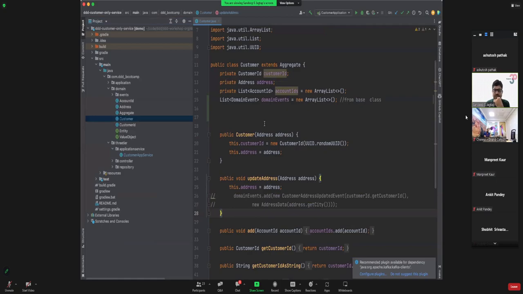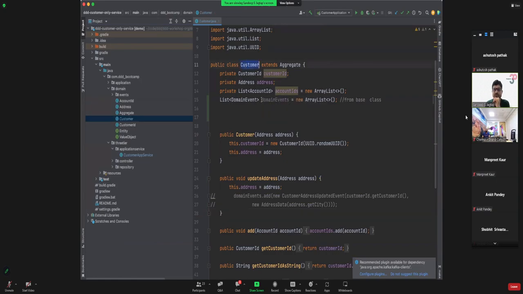So the first thing you should notice here, we do not have account class here, right? Because account is its own aggregate, and an aggregate should not refer to another aggregate directly because you don't have that class here, so you can't. And I'll come to that. There is a very interesting point there: why one aggregate should not refer to another aggregate directly.